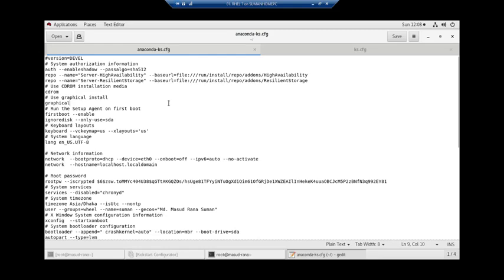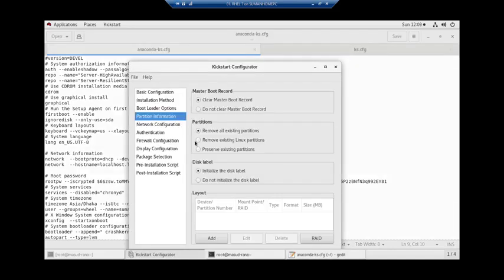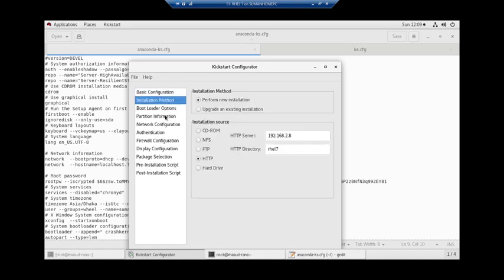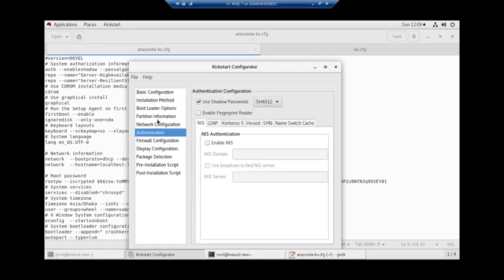And I want to recommend that while creating this file, though the system tools is handy to understand that some changes or some configuration can be made from here, it's not complete.